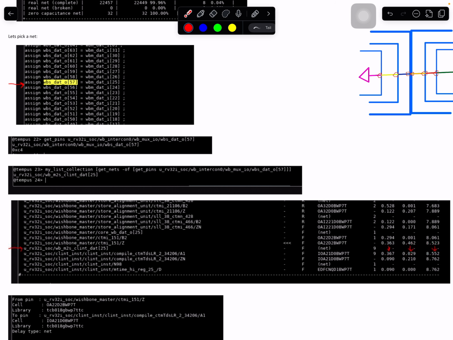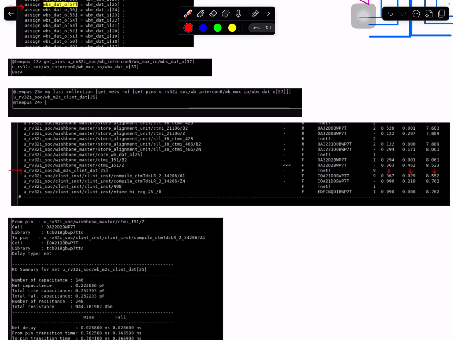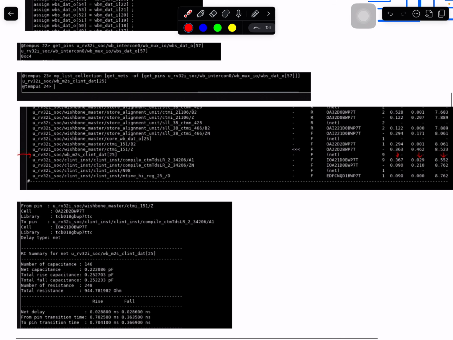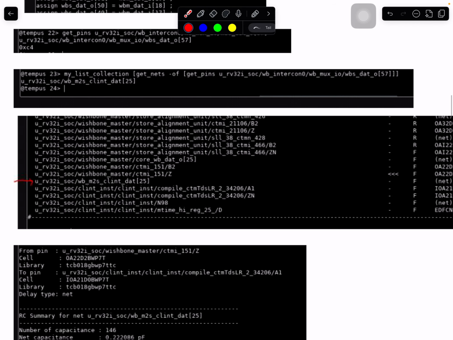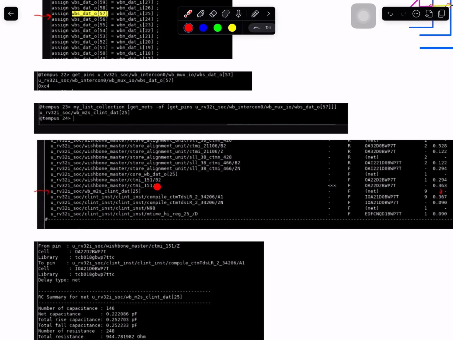All right, so what I also did was, on that net, I did a report delay calculation. So if you look at this, this is interesting. It shows the last actual standard cell. So the last standard cell that is driving it is this one. You can see this is the standard cell, and the output pin, then it goes through this net, and the next standard cell's input pin is